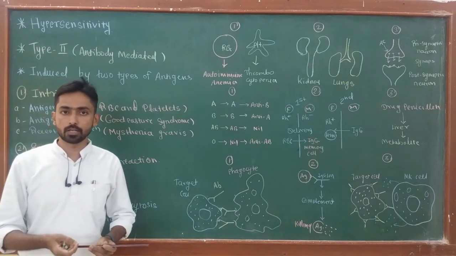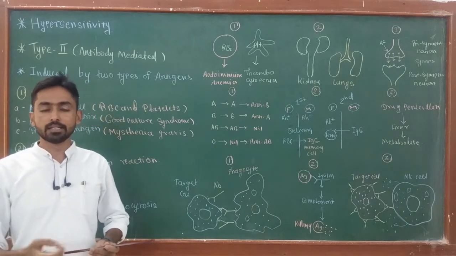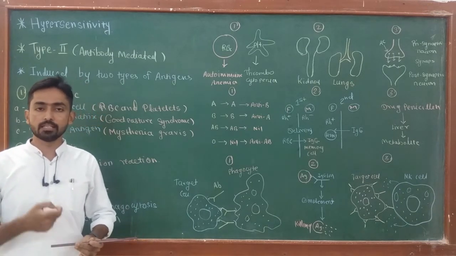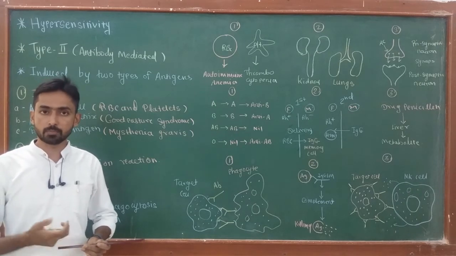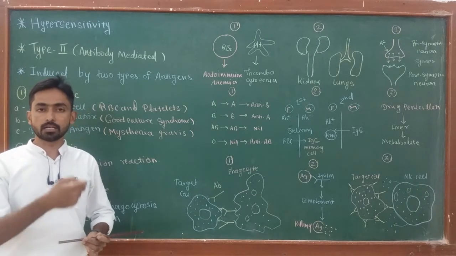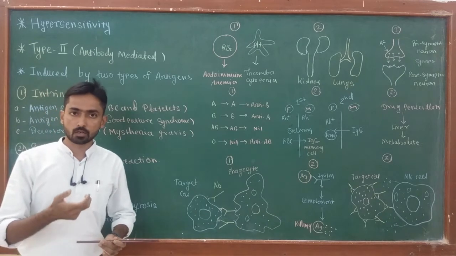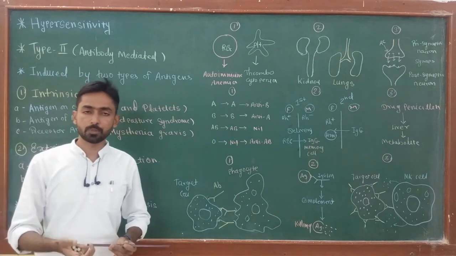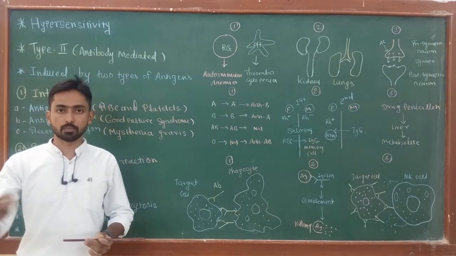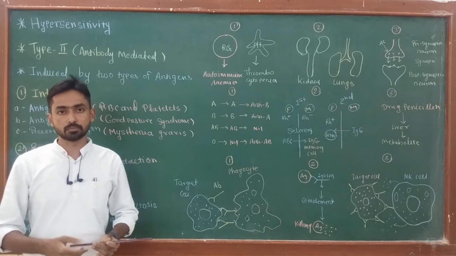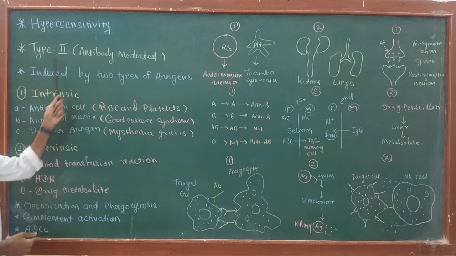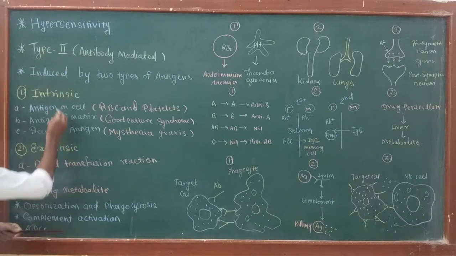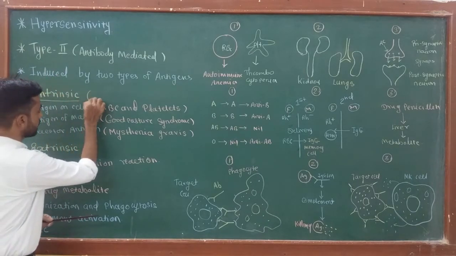After IgE antibody gets attached to the mast cell, degranulation occurs, which releases active mediators of type 1 hypersensitivity like histamine, prostaglandin, which ultimately lead to contraction of the respiratory tract that leads to asthma, then itching and many other symptoms of hypersensitivity. Now in case of type 2 hypersensitivity, first is intrinsic antigen or